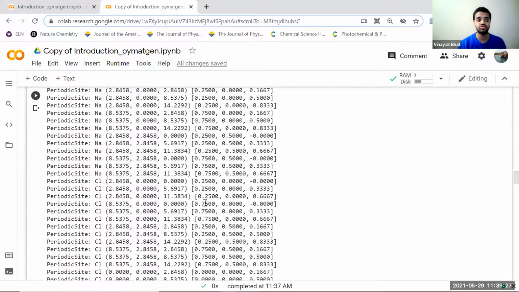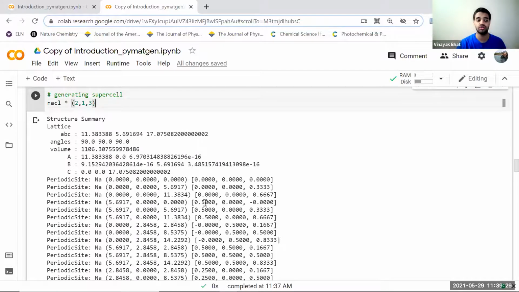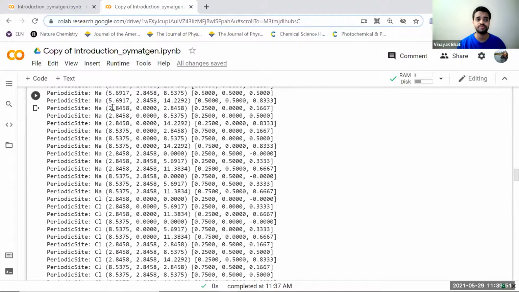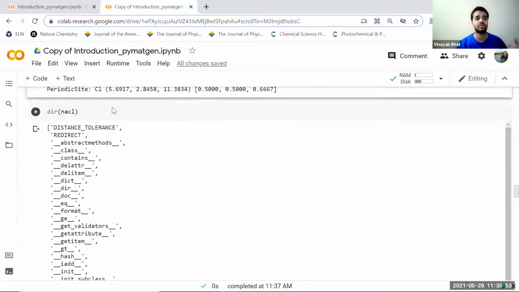And if we use this structure, we can later on do some analysis on this. And some of the quantum mechanical calculations need a bigger cell. Like if you want to adsorb some species onto it, you want one species, one molecule on top of some particular area. You need to create a bigger cell. So that's where generating supercell comes in. It's a periodic thing that we do.